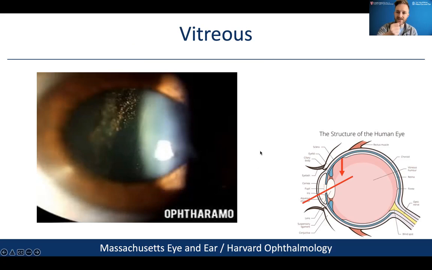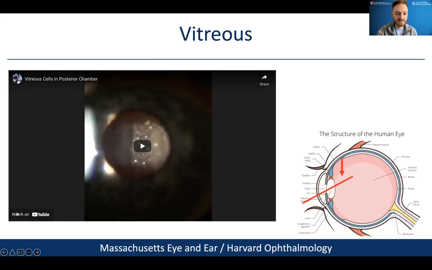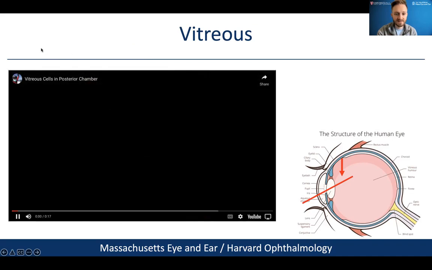So you have to push the microscope so far that everything else is out of focus, like the iris and the lens. But back here, you see that there are teeny tiny white cells. You can have bleeding and red blood cells. You can actually have inflammation in white blood cells as well. Let's take a look at a video of